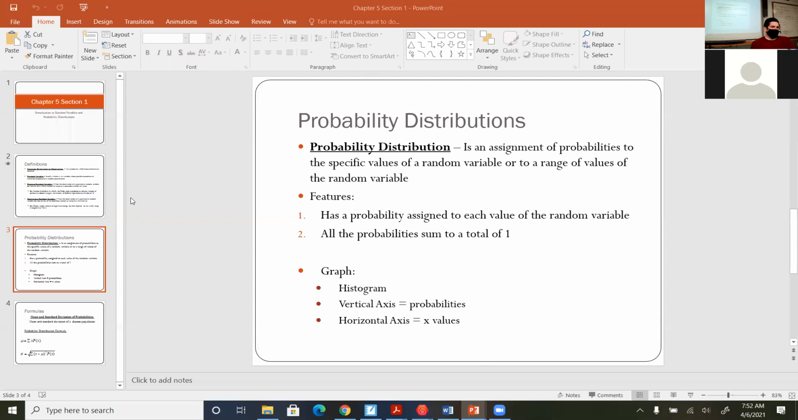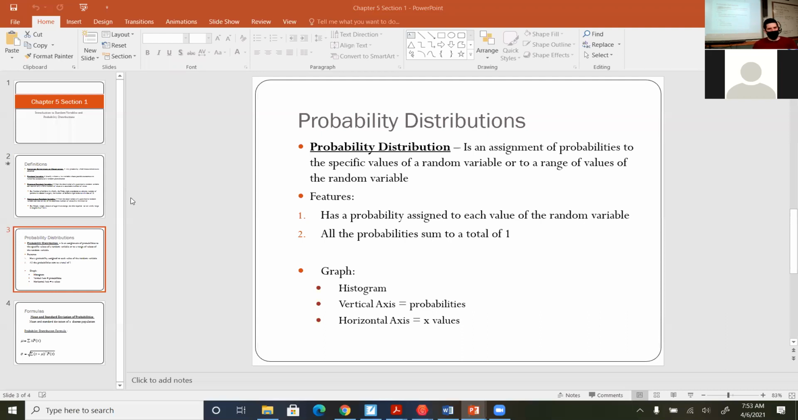Now, a probability distribution. It's an assignment of probabilities to a specific value of a random variable or to a range of values of the random variable. So basically what this is saying is that something has happened and you've collected information and you have the expected probability of something happening. So maybe I've recorded over the last 12 years every single grade in statistics, and I can say that of all the students that take statistics,